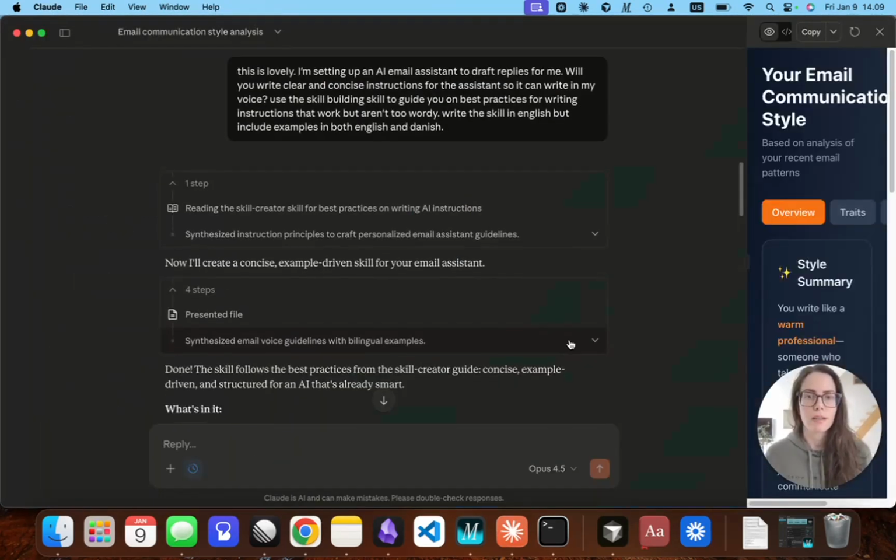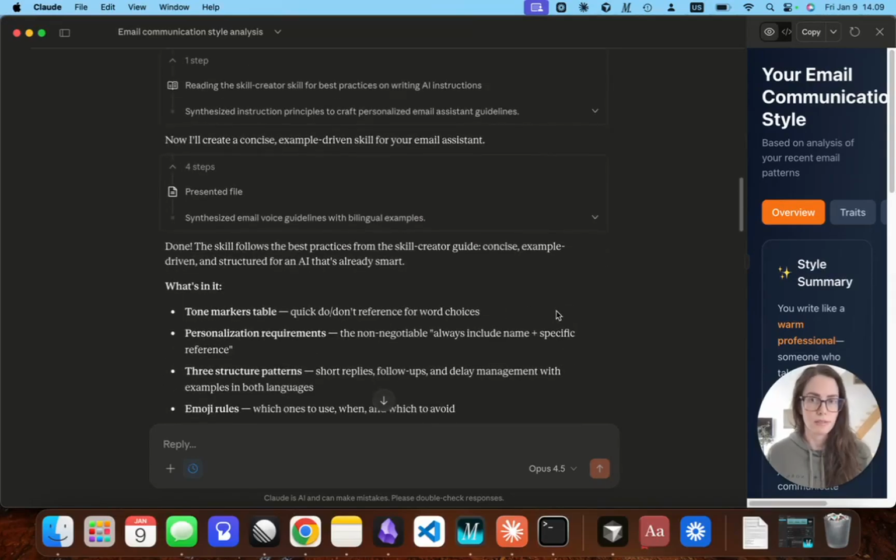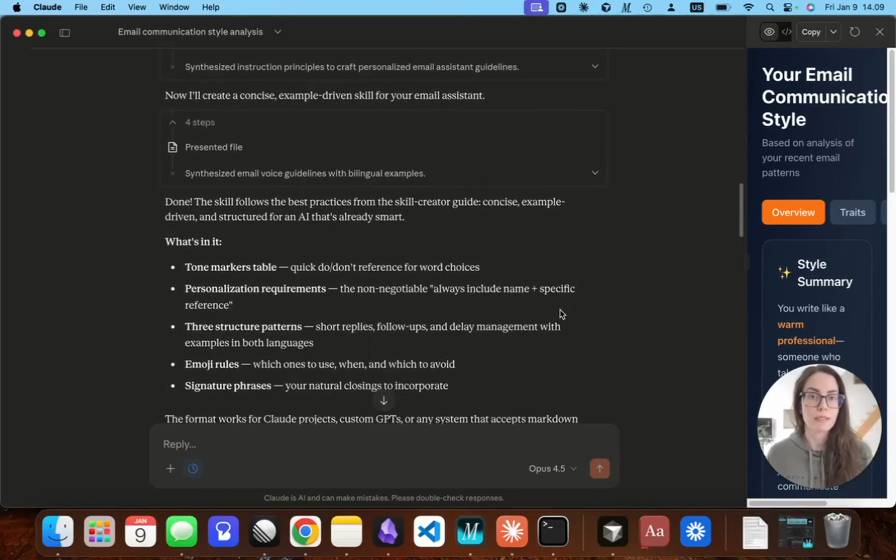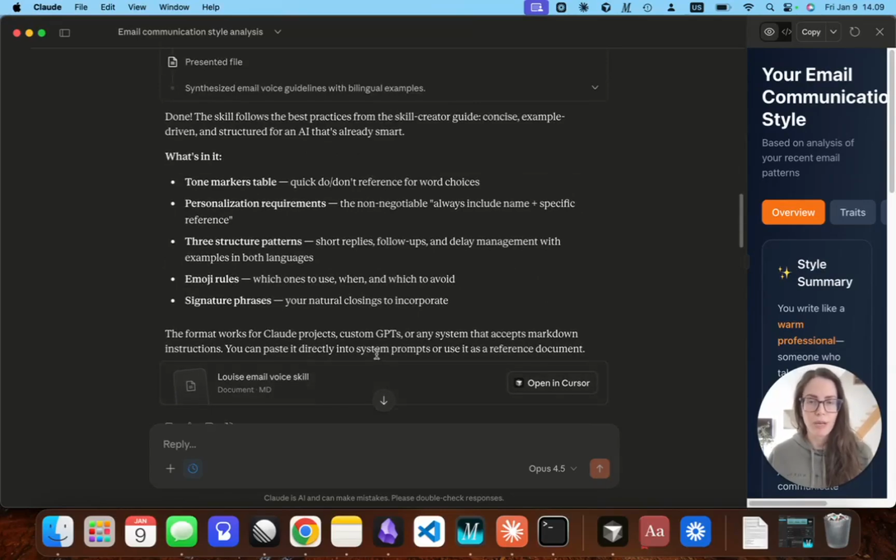So then it created this style guide. And I'm not going to show you mine because there's some personal information in it, but I have an anonymized example